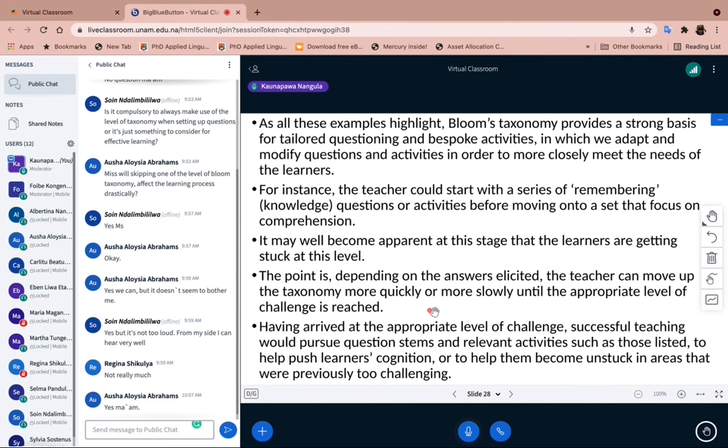Having arrived at the appropriate level of challenge, successful teaching would pursue question stems and relevant activities such as those listed to help push the learner's cognition, or to help them become unstuck in an area that was previously too challenging. So you can use the examples that are given to always help your learners. When you see that jumping to evaluation was done prematurely, then you have to move back a little bit, using a number of questions or activities that will help them build on their knowledge in order to accomplish the evaluation